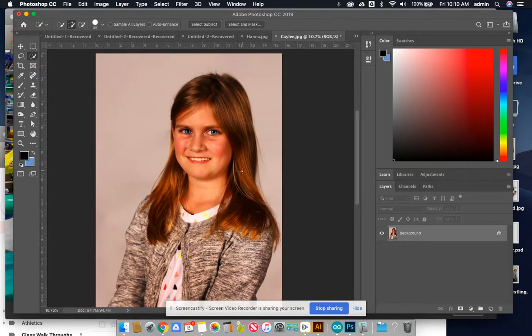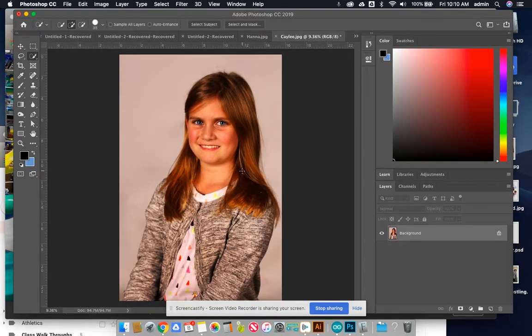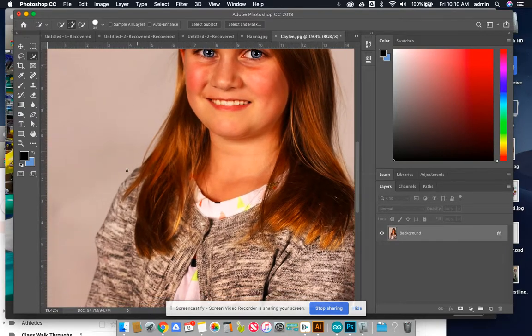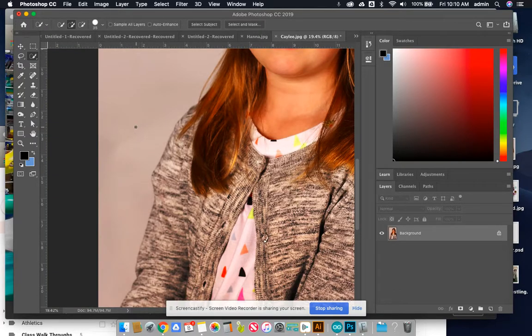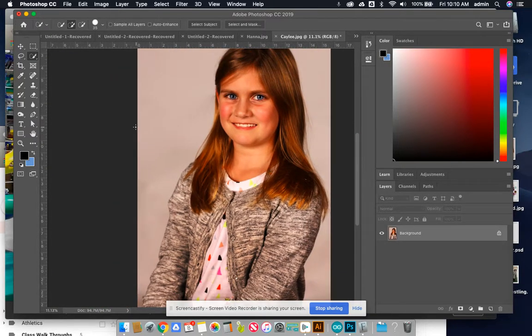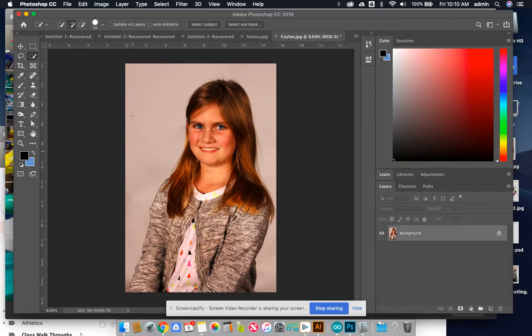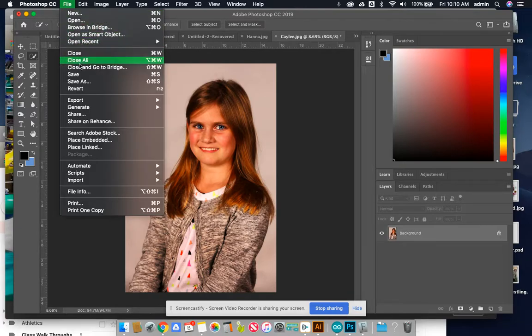That's the most editing you really need to do to a photo. There are a couple more techniques that we can do, but I think this looks good. One thing I do want to notice, if there was something in the background we want to get rid of, I'll just show you in a different video, but for now, most of you guys have white backgrounds. It looks good. So from here, we're going to go File, Save,